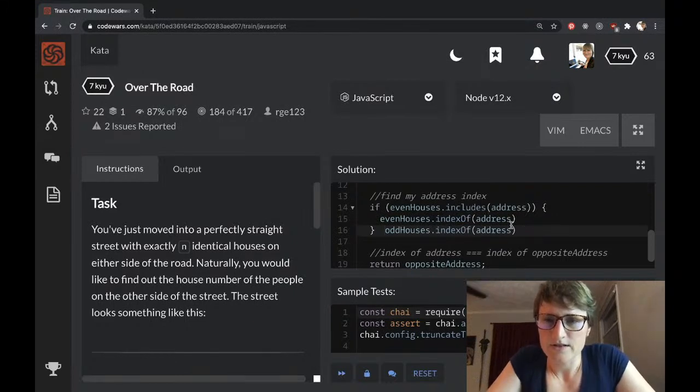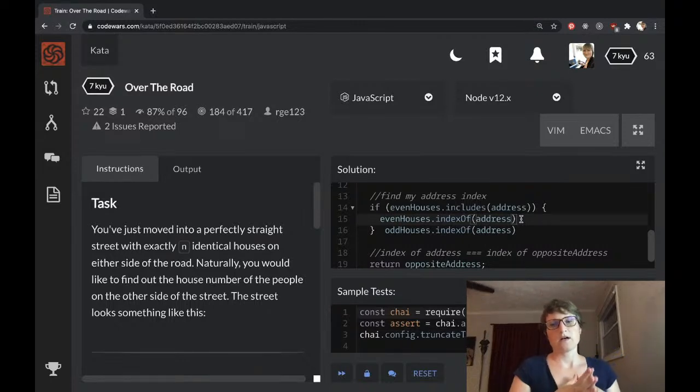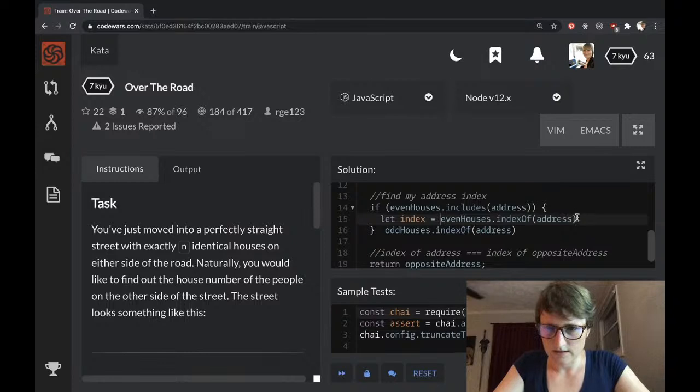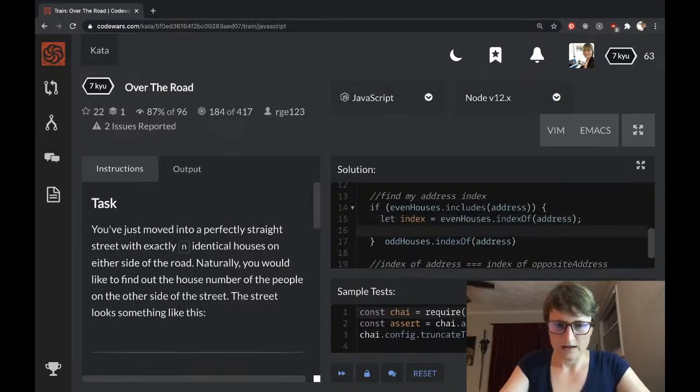If even houses includes address, then what do I want to do? I want to get the index of the address, find that, and return that same index of the odd houses. Okay, so let index equal that, and then I'm going to return